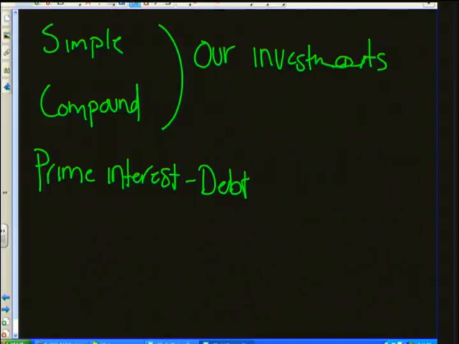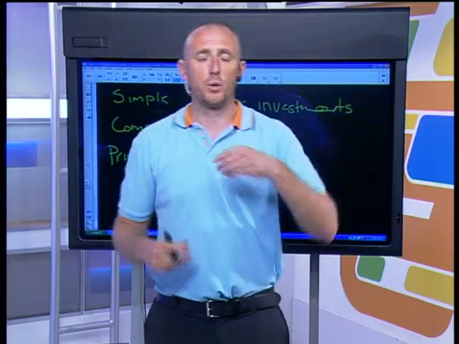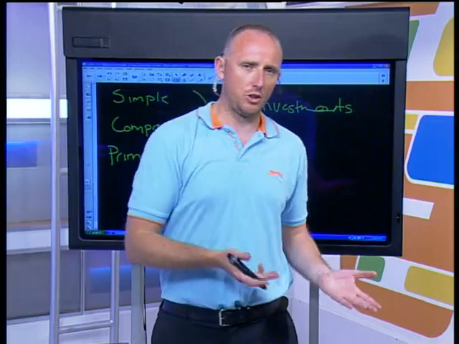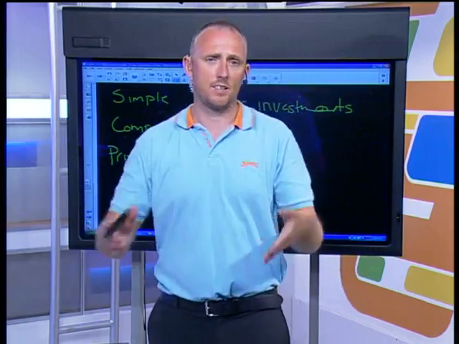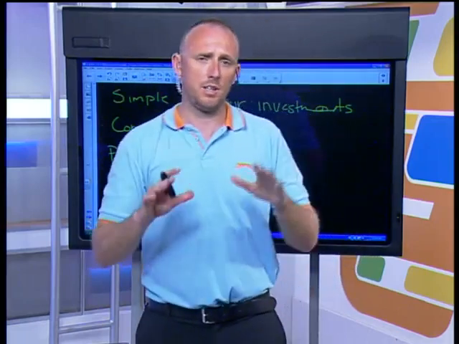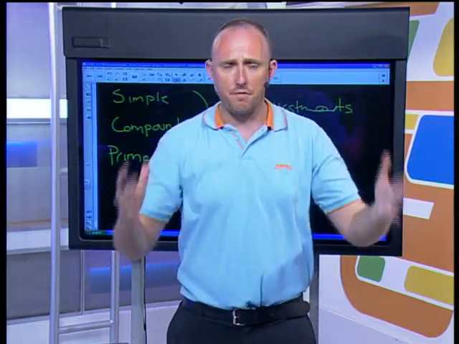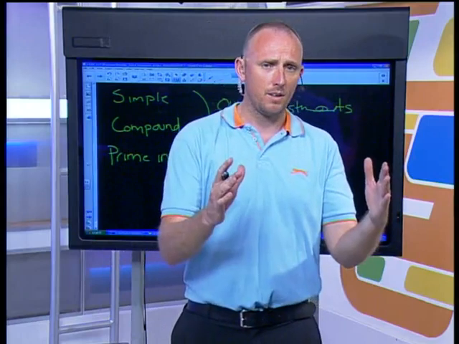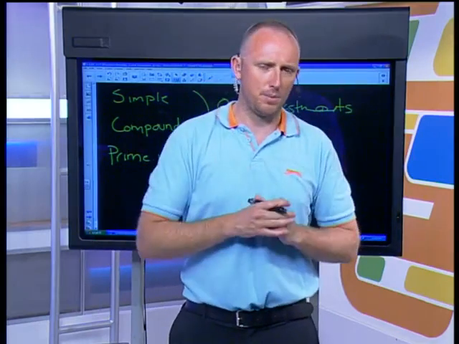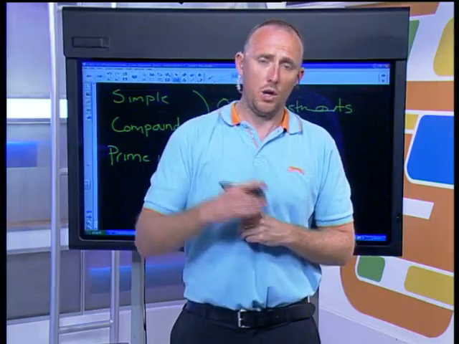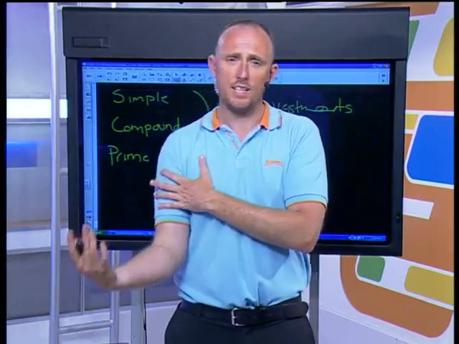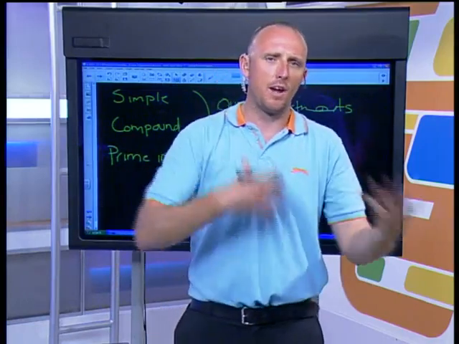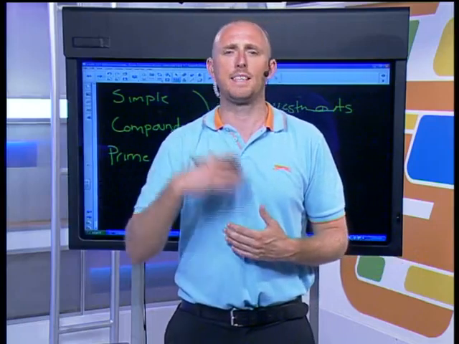And the prime interest rate is the lowest rate at which banks will lend out money to consumers. So for example, I want to go and buy a new car. I go to the bank, I say, right, I would like to buy this new car. And they'll say to me, you've got a very good credit history. So what we're going to do is we're going to charge you prime, which is, for example, let's say 11%. Whereas if I had a very bad credit history, they'll say to me, we're going to charge you the prime interest rate plus 5% because I'm a little bit of a higher risk. So in the end there, I'll be paying 16%.